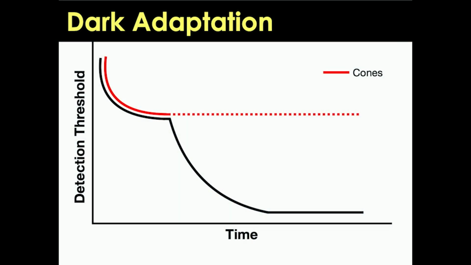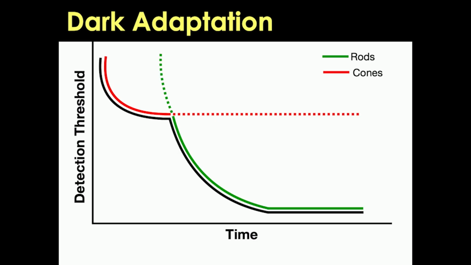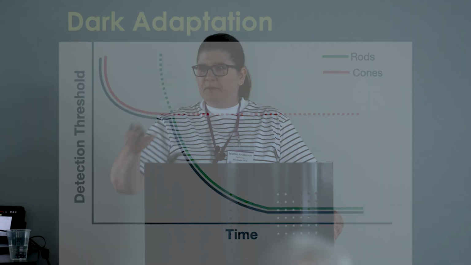So this shape of curve, this scallop shape, is a hallmark of the dark adaptation curve. And anytime you see a nonlinear function like this, that typically means that there's 2 systems that are contributing. In this case, it's the rods and the cones. Okay? So this first part of the dark adaptation curve reflects adaptation of the cones. The cones adapt quickly, but they don't get very sensitive. The second part reflects adaptation of the rods. So the rods take longer to work, or to adapt, but then once they do adapt, they get much, much more sensitive.